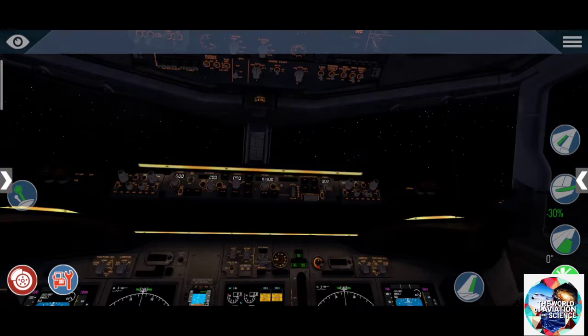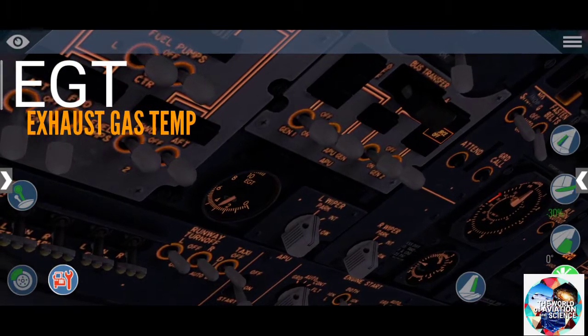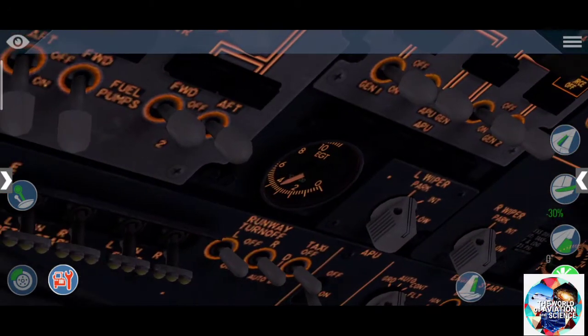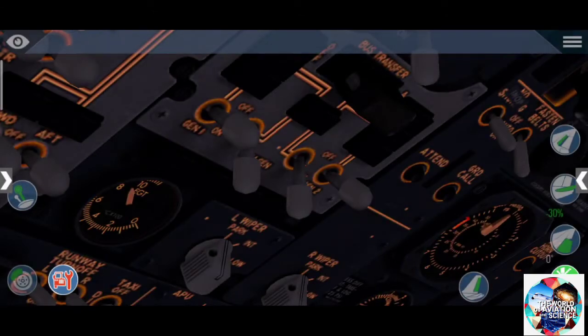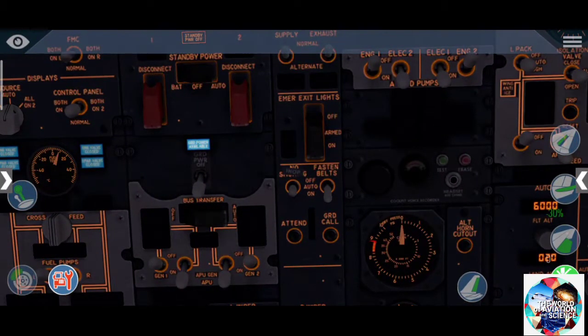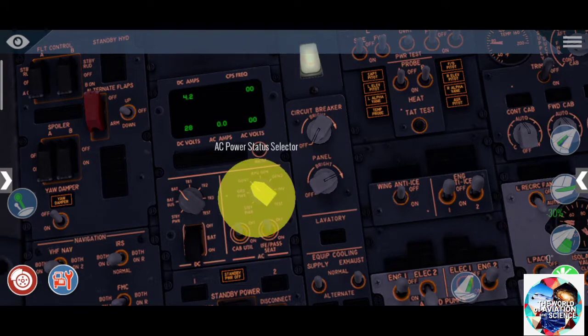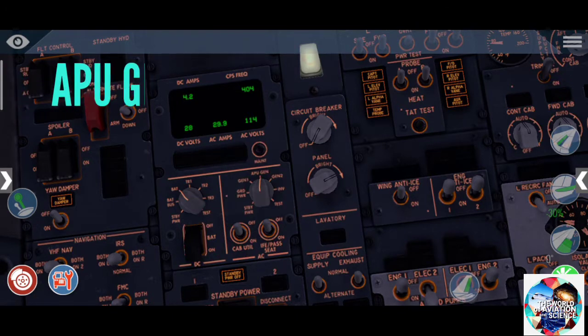After that, the next part is to turn on the APU, or the auxiliary power unit. After turning on the APU, you have to see the EGT meter going up. Then turn on the APU generators, and then we have to switch off the ground power, which we switched on earlier. Moving on to the engine starting part, we have to switch the AC power selector to APU generator,